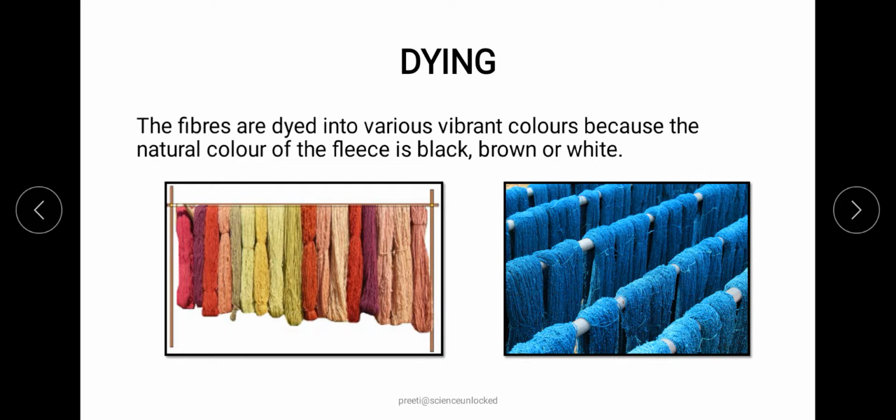Normally, the natural colors of the fiber that we obtain after this whole process are black, brown, or white. So if we want different colors, which we generally do in terms of fashion and choices, it is forwarded to the next step, that is the dyeing step.